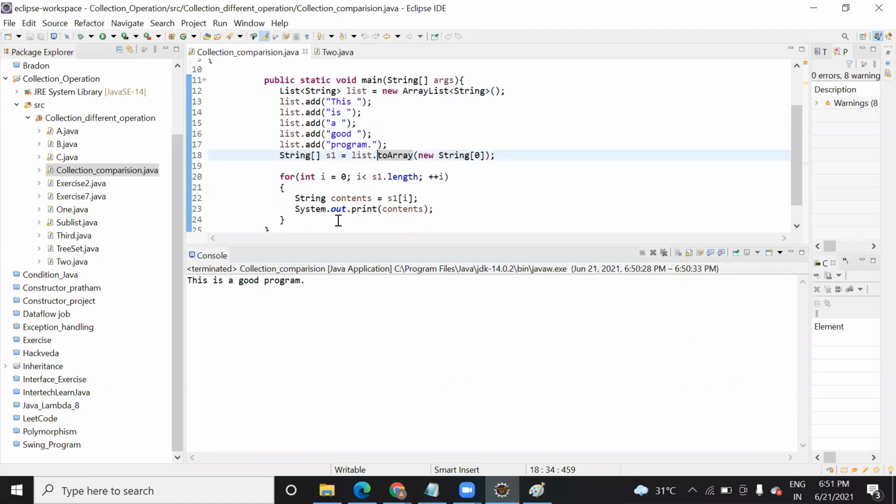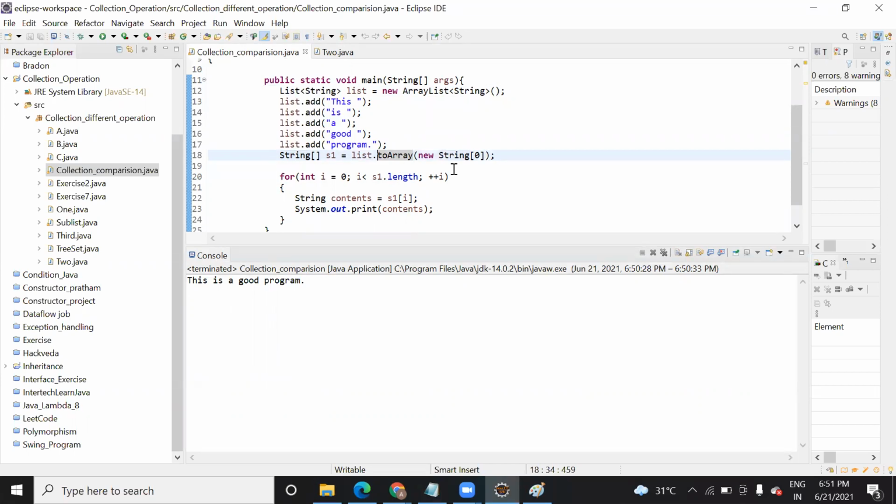There are a lot of functions you will get on the collection to perform operations. You can convert a list to an array. You can remove an element. You can clear the whole array. Now, if I ask you to just clear all the elements of the array, how will you do that? You need to delete them, right? And deletion in an array is very difficult.